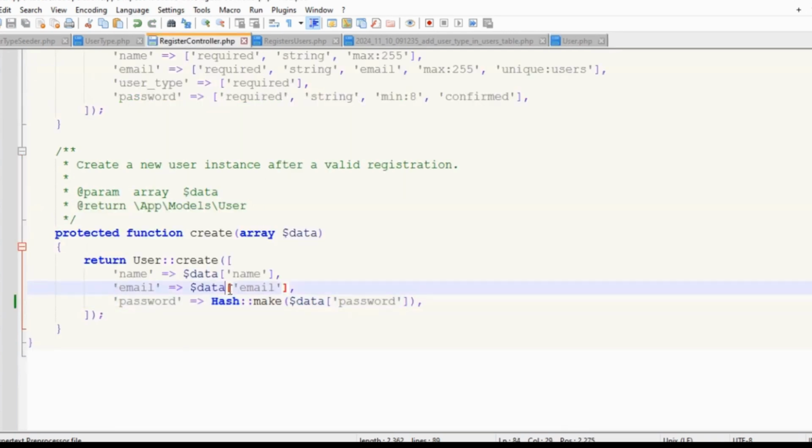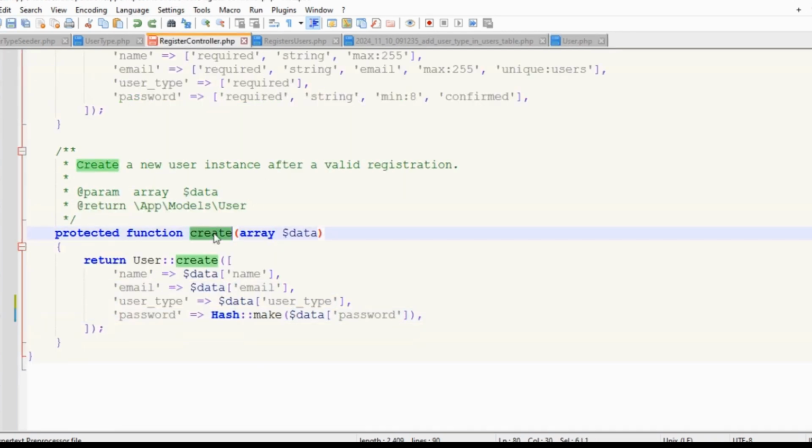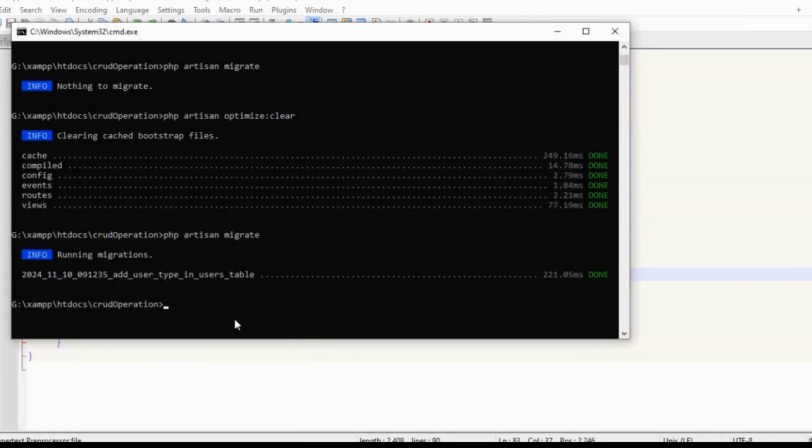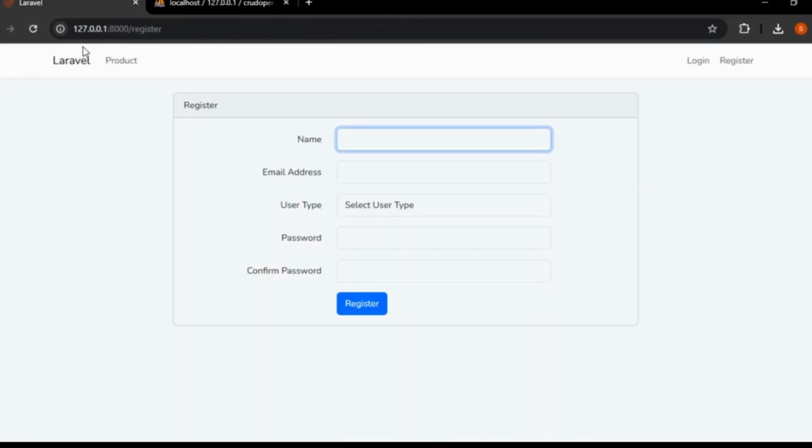Then, go to the register controller file and in the create function, add the user_type field and save the register controller file. Then, go to the command line prompt and run the command php artisan serve to start local development. Then open your web browser, refresh the registration page, and enter the dummy details, name as test name, email as